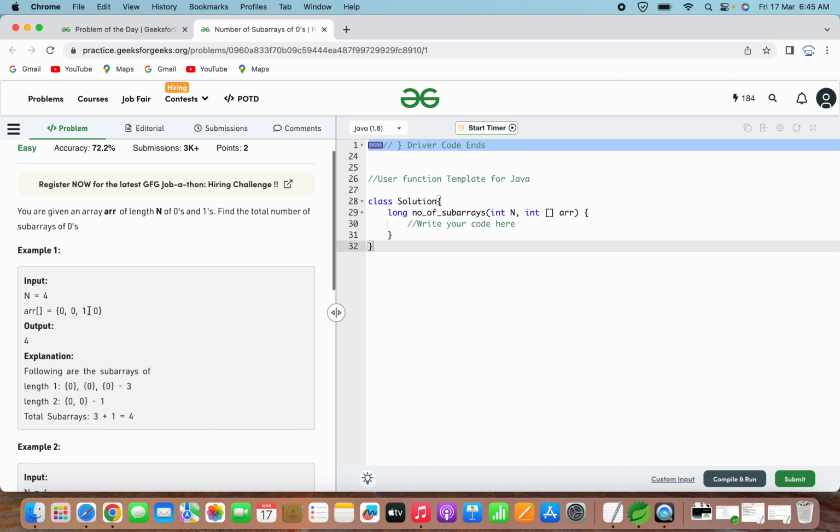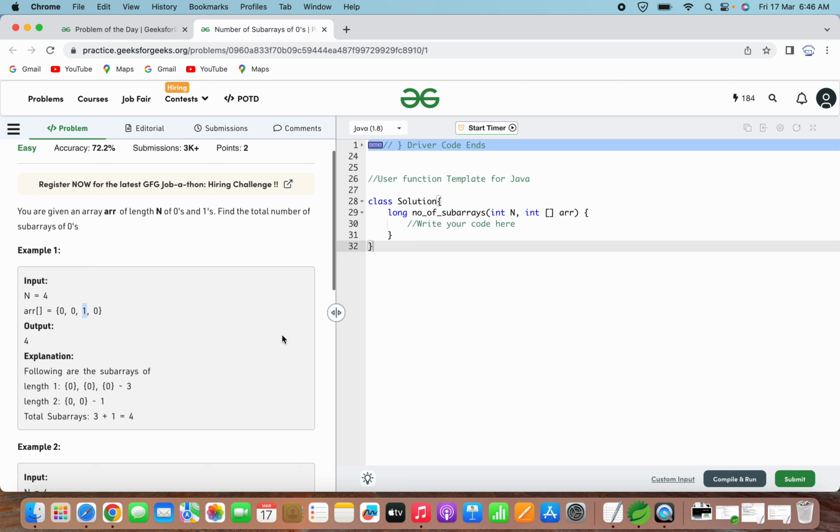If we try to see what is done here: first it considered these two, and found that there is one combination of 0 with length 2 and two combinations of 0 with length 1. So these were added, and for the last instance, since it was a single zero, it was added to the list of length 1. So that's why we got 0 0 for this 0 1, this 0 1 and this 0 1, and for length 2 we got this, because if we include this 1 then it won't be valid.